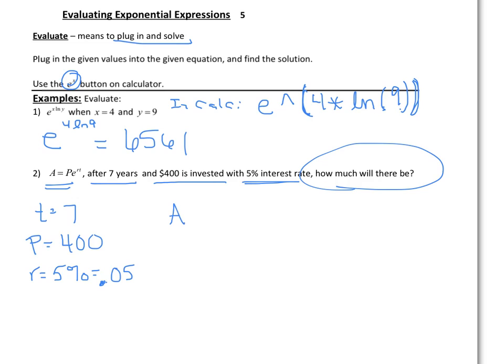So if I just plug into my equation, A equals P times e raised to the rt, type in what I know, so it'd be 400 times e raised to the rt would be 0.05 times 7. And that's my whole entire exponent. If it was in the calculator,